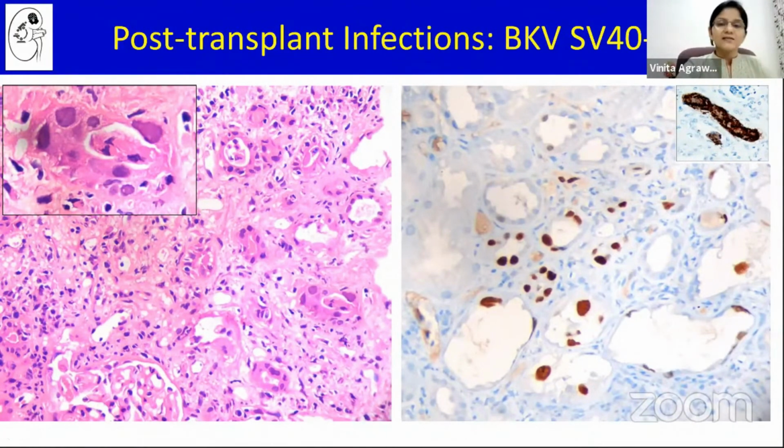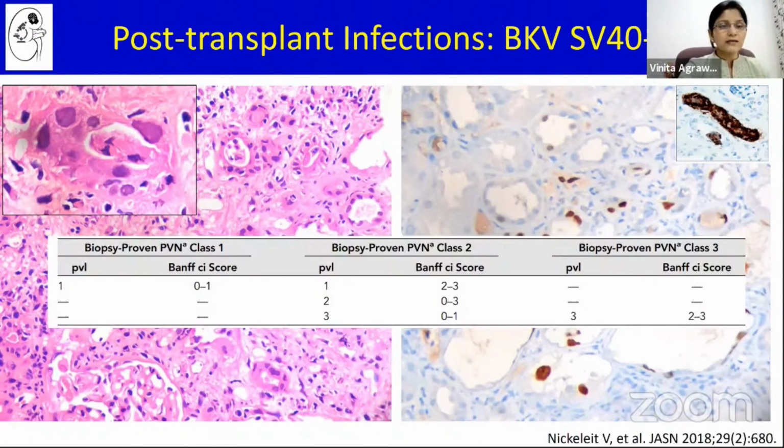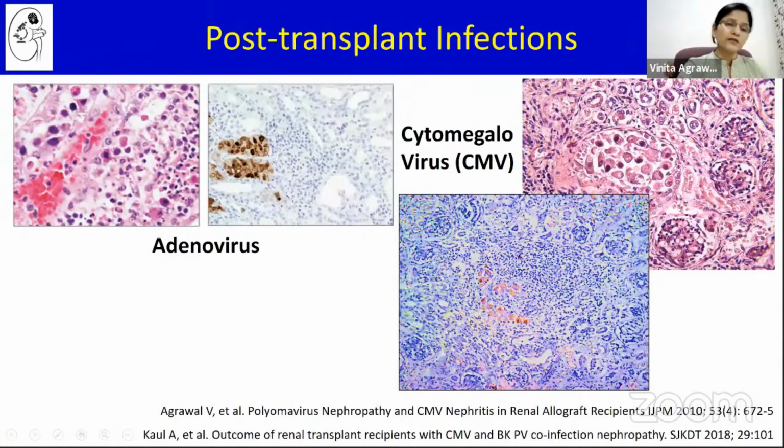So, the other area where it is very important to look for immunohistochemical markers is transplant infections. Immunohistochemistry is important for the classification of polyoma virus nephropathy, and the polyoma virus load according to the percentage of tubules involved is important. You look at the nuclear staining of the polyoma virus. The other infections are adenovirus, which presents as a necrotizing neutrophilic hemorrhagic tubulointerstitial nephritis, and cytomegalovirus infection.